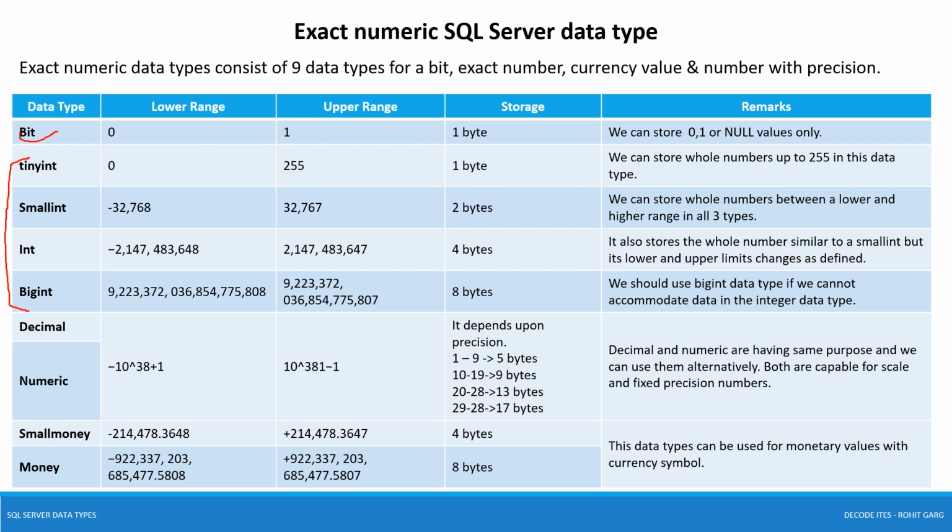Tinyint can hold 0 to 255 with no negative values. Smallint can hold from -32,768 to positive 32,767. Similarly, for int we have a larger range, and bigint can hold very large values. This changes the storage requirement of these four integer data types. Tinyint needs 1 byte, smallint needs 2 bytes, and int and bigint need 4 bytes.